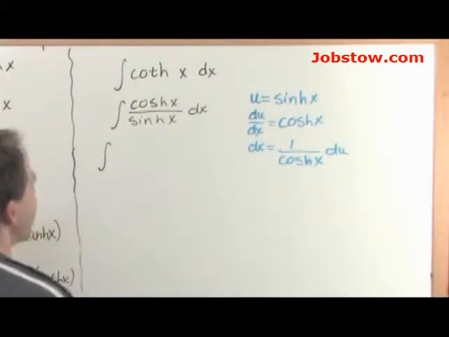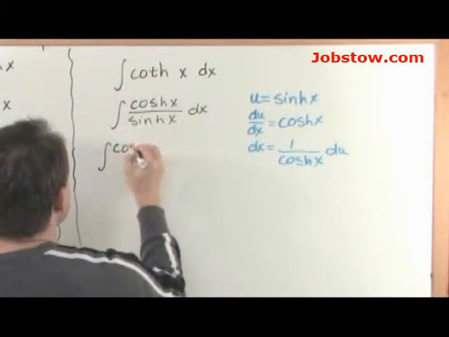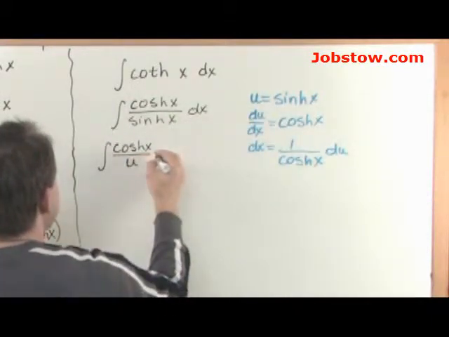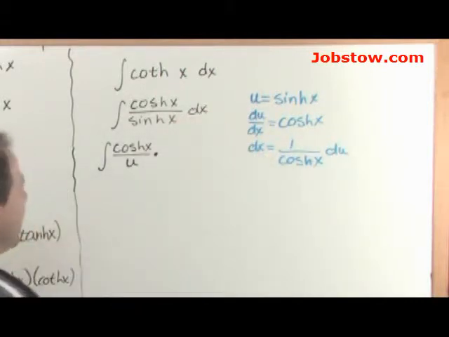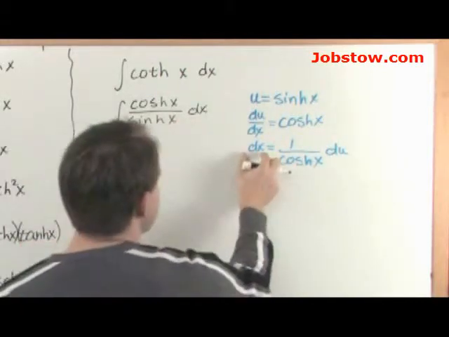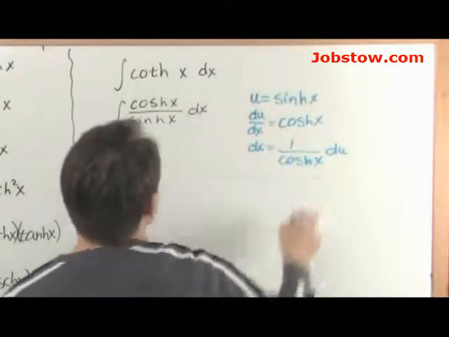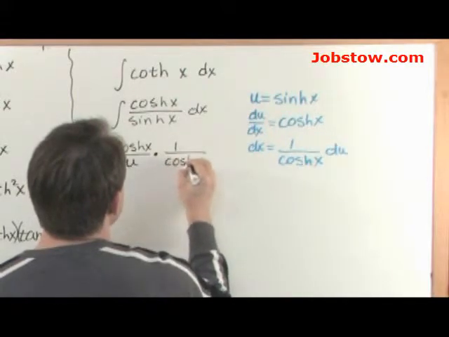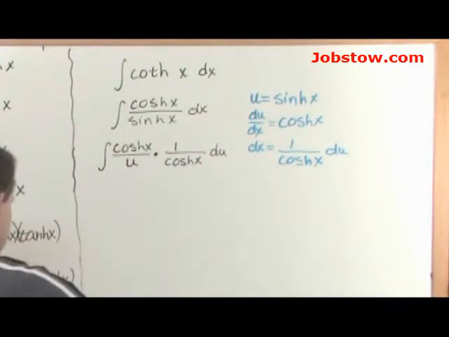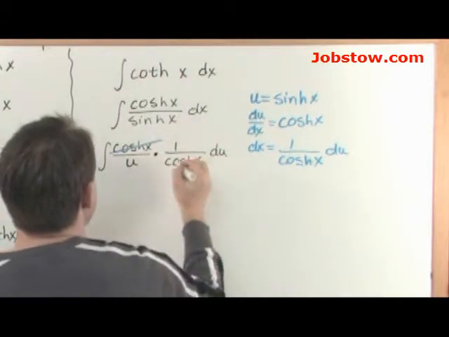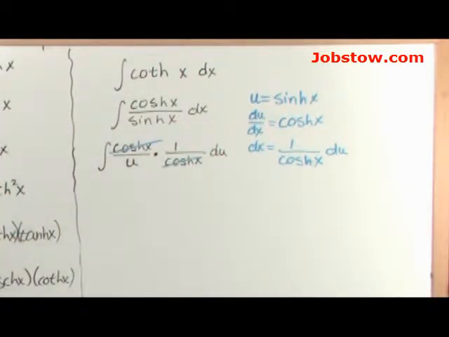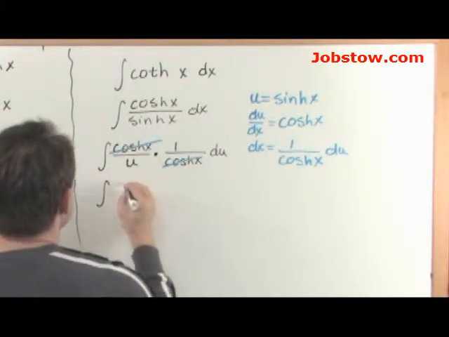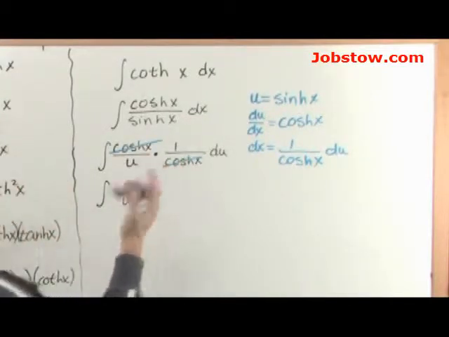This is going to be equal to the integral of the hyperbolic cosine over hyperbolic sine, but that's equal to u, so I'm going to go ahead and substitute my variable, and now I have to plug in for dx, which is the definition of this differential here, which arises because of our choice of substitution. So just go ahead and put it in. 1 over hyperbolic cosine of x times du. Now you can see right away why we did it. We did it because this cancels with this. Because of the way the derivatives are set up, when we choose it like this, we can get the numerator to cancel. So what you have is the integral of 1 over u times du,